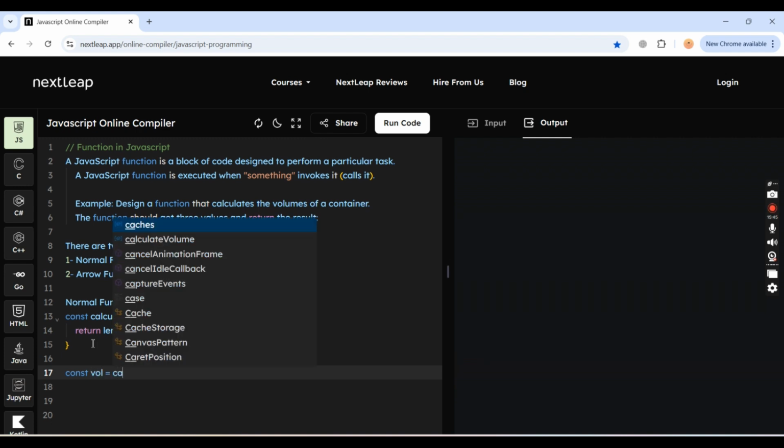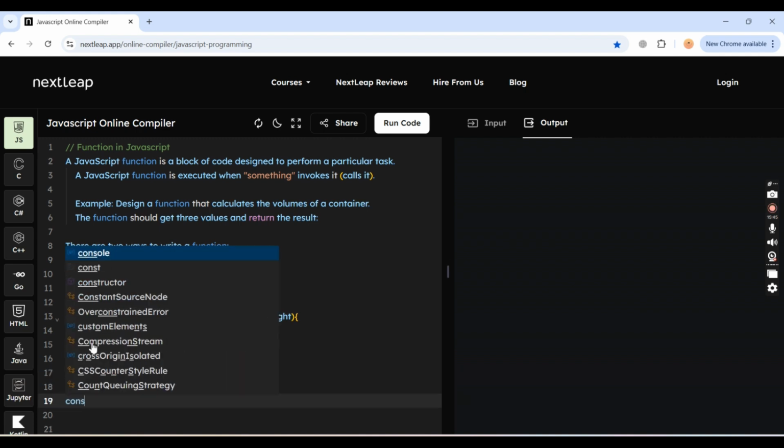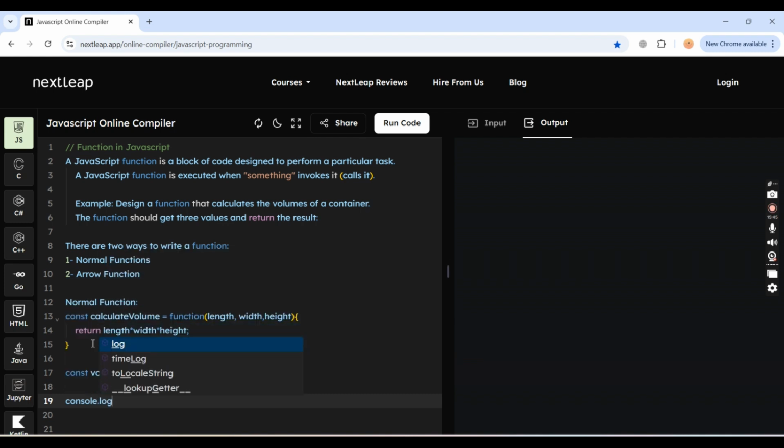Volume is equal to the calculate function. For example, we have 5 meters length, 5 meters width, 5 meters height. So let's see if we are getting the intended results. We will try to print it. Okay, the volume of the given container is